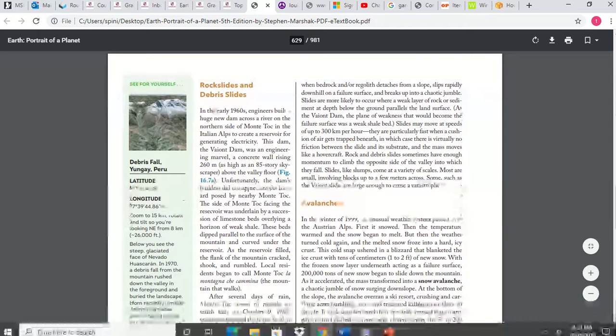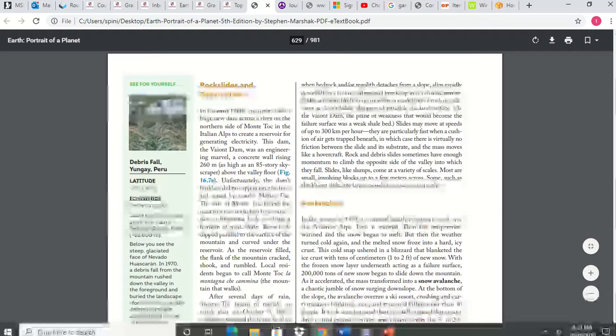Rock slides and debris slides. Again, we talked about most of this happens with water. These are a couple that usually don't happen with water. At least a rock slide can happen because of weathering, where rocks are being broken apart. And there's cracks and they're already kind of loose, and then something can happen. Other rocks can fall down and hit it, and then the whole thing kind of makes a